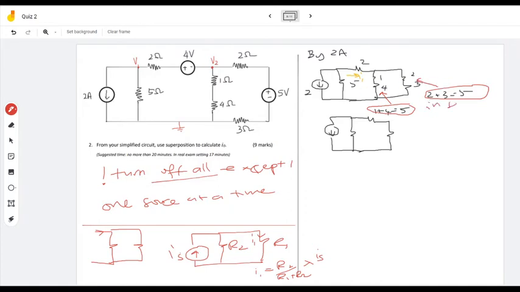Series. Now this one here, I'm just going to put the value. That one, the 5, that's the 2. What about this bit here? What is this? This is these 2 resistors connected in parallel. So 5 is in parallel with 5. So when you put in the numbers, you will get